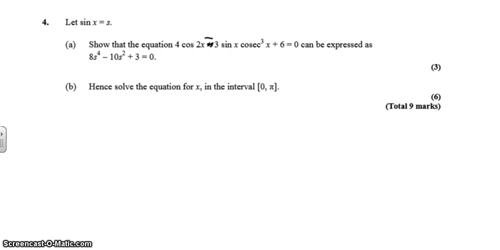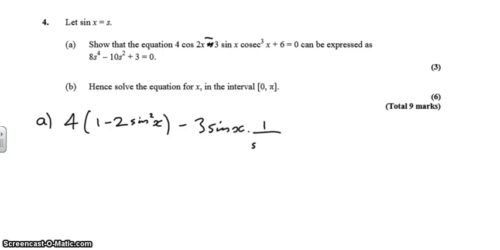Okay, so the first thing we do is we find our identities, and we can see that for cos 2x, once again we have various options, but the one that would seem to help us in this situation is the one that involves just sine squared x. So 1 minus 2 sine squared x. So we can write that out: 4 times 1 minus 2 sine squared x, minus 3 sine x, and then cosec x is 1 over sine x, so 1 over sine cubed x